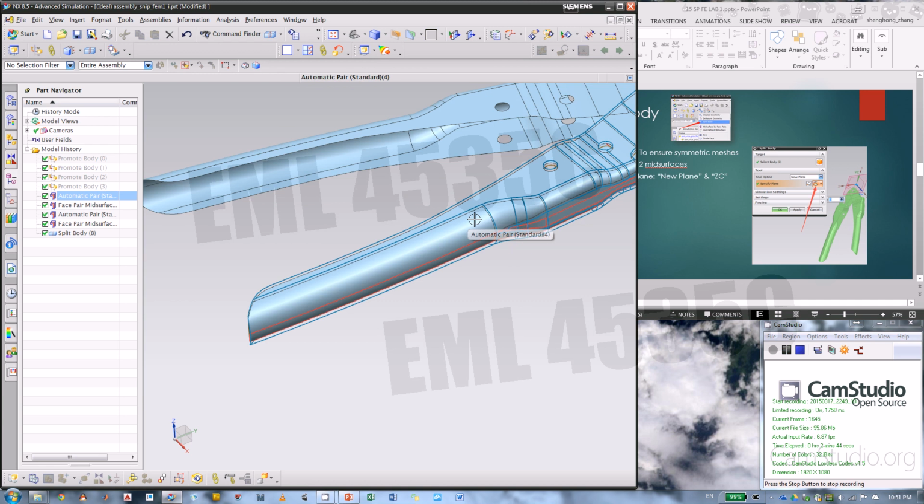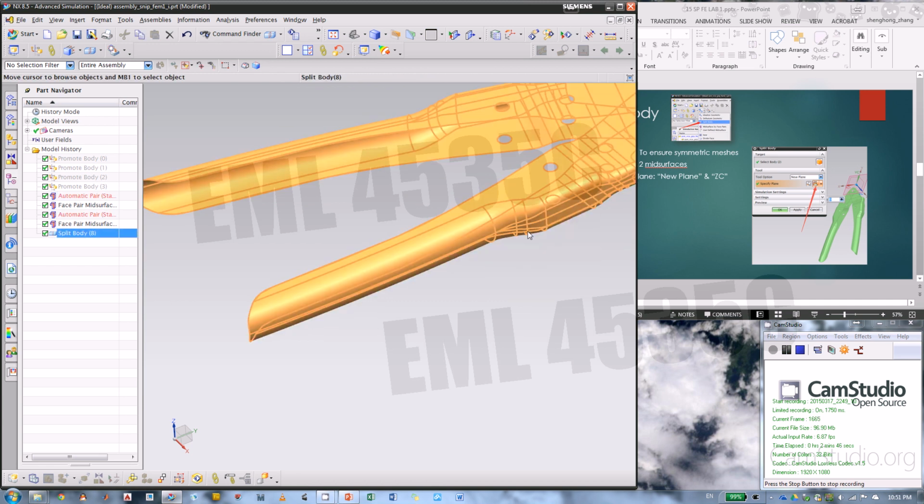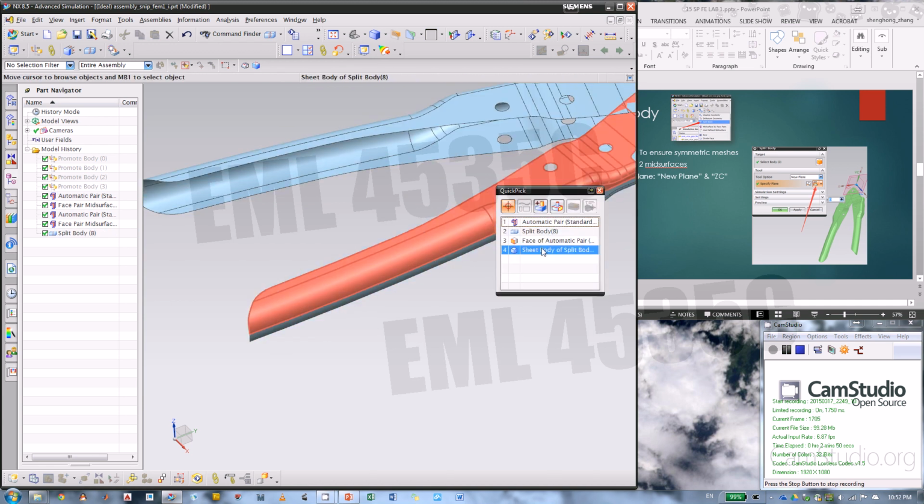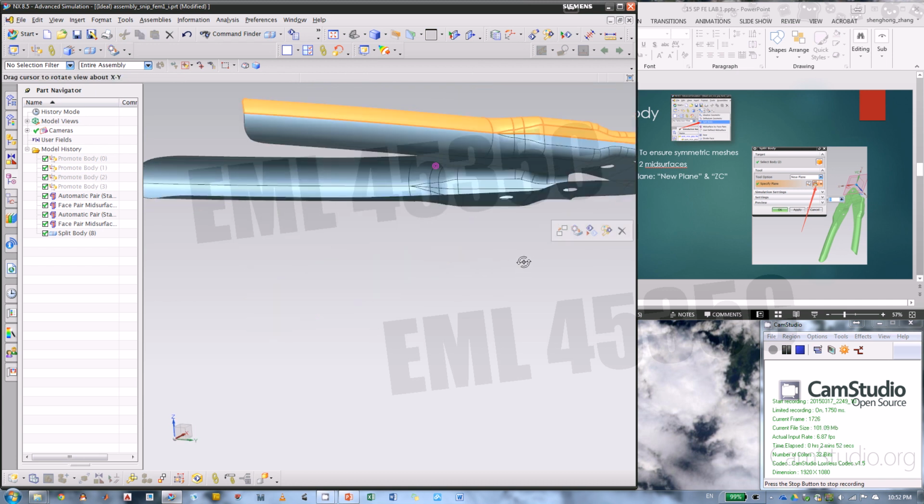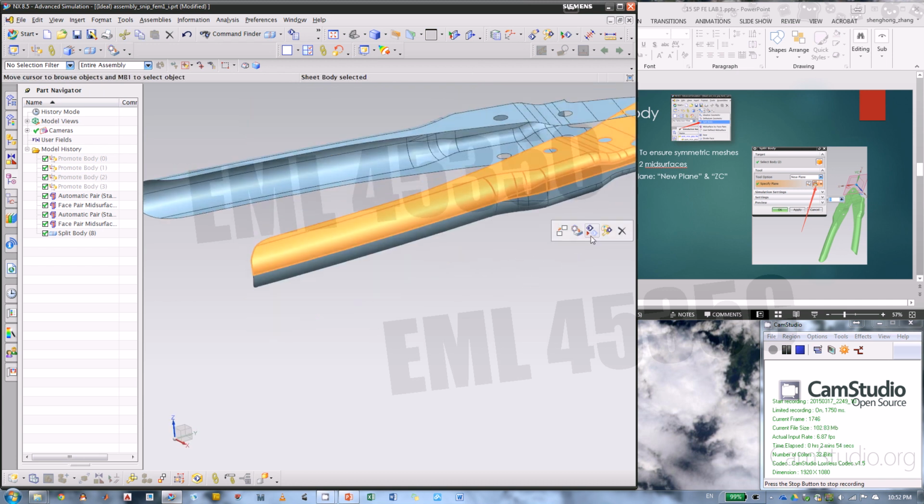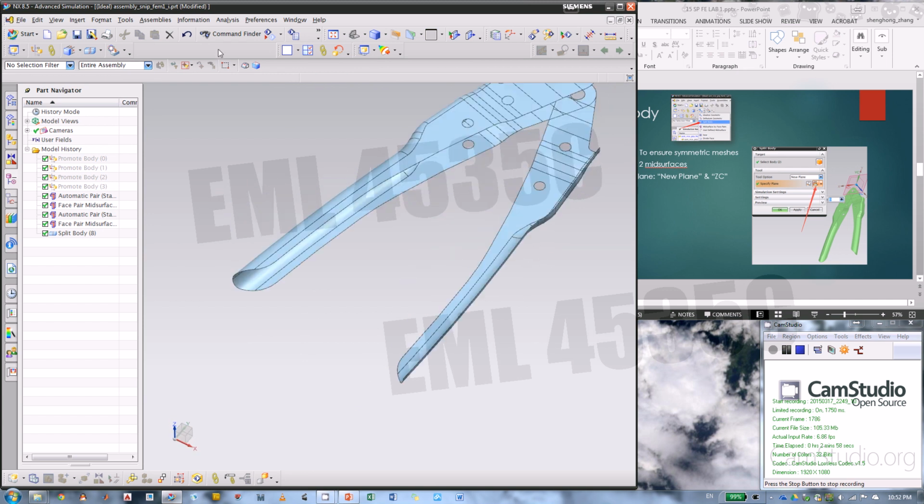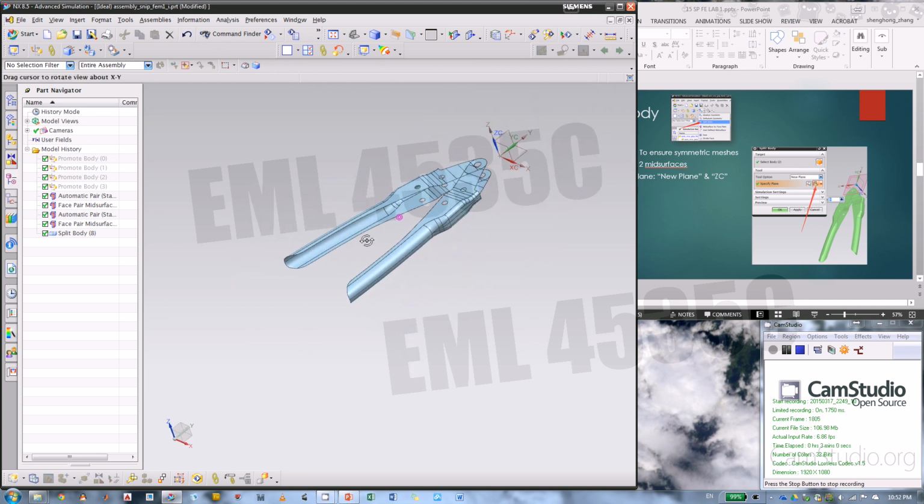If you hold long enough, you can pick the top surface, the top half. So as you can see, I can actually hide that top half. Alright, so that's all for the handle. Then for the blade part,